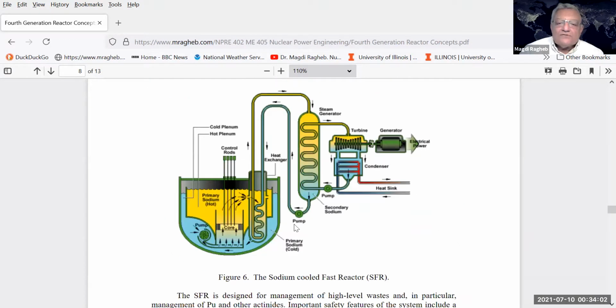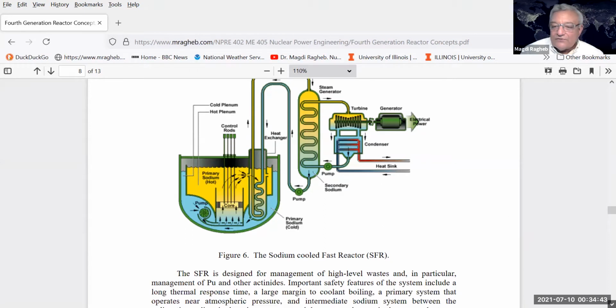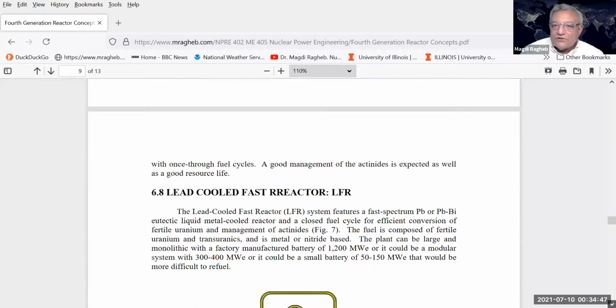temperature reactor. The sodium-cooled reactor uses a pool of sodium in which you have a reactor core, and then you have a second loop of sodium extracting the heat from the pool of sodium, taking it to a sodium-to-water heat exchanger, a steam generator. So in that case, you could see a turbine here, no compressor, a turbine associated with a condenser. So they're using the steam cycle. So in that case, if they do not choose the high temperature for high temperature water electrolysis to produce hydrogen, it will not be reaching the efficiencies that are contemplated for the high temperature water electrolysis or thermal